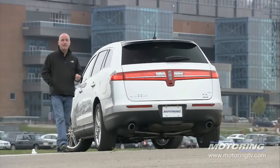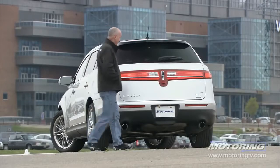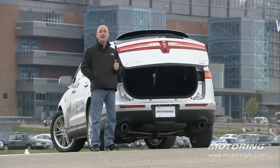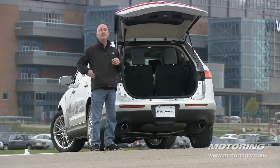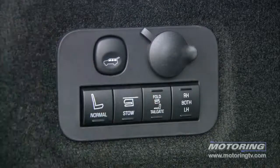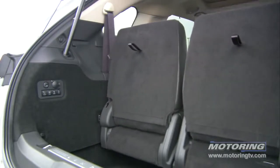The back end of this MKT is not only cavernous, it was designed for the lazy man. You simply kick the underside of the bumper and Bob's your uncle, the tailgate powers open. Now, with all 3 rows in the upright position, you have about 18 cubic feet of cargo space. Push one button and the 3rd row automatically powers down into the floor, which speaks to the lazy man thing